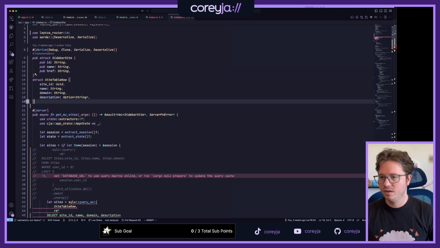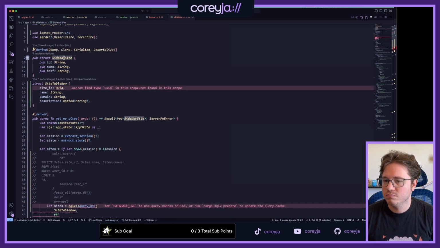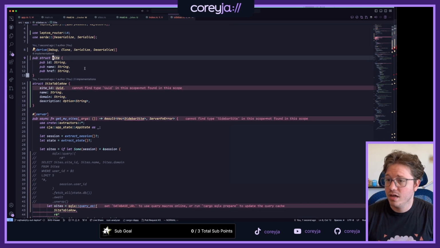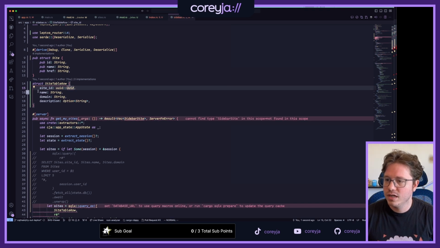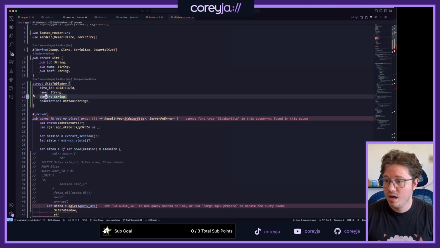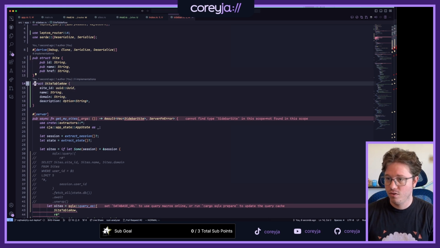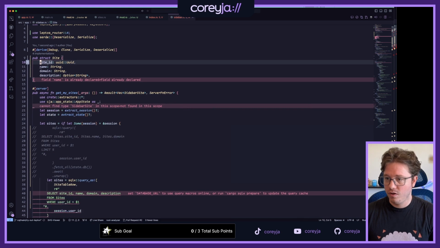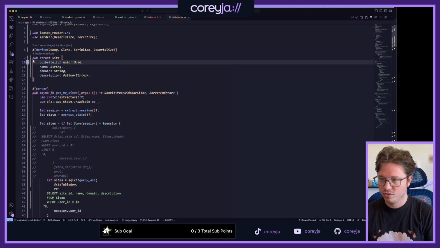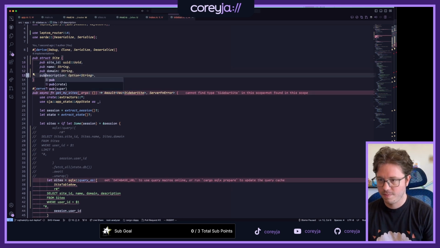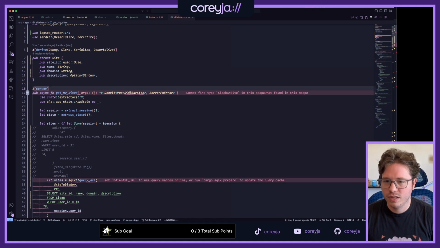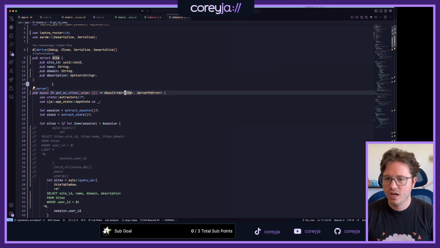Sidebar site, okay. I can just call it a site, right? Qualify as a UUID, site ID, name, domain, description. That's just better. Let's make all these public because that's totally fine. Now it's not a sidebar site, it's just a site.